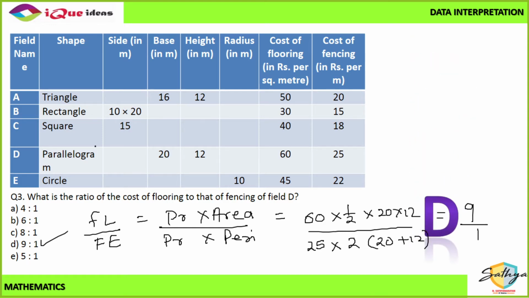So here, what are we supposed to know? The simple fact is, what is the area of a parallelogram? The area of a parallelogram is given by base multiplied by height, and the perimeter is given by the 4 sides. Did you get that? Yes, area is base into height. It's not at all difficult. Everybody understood it?